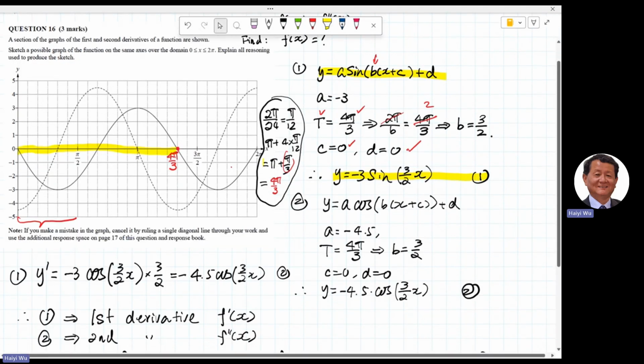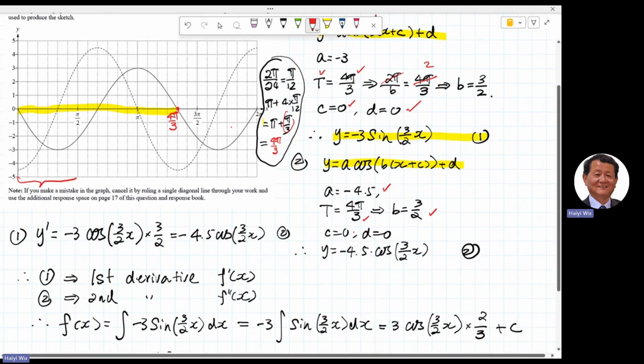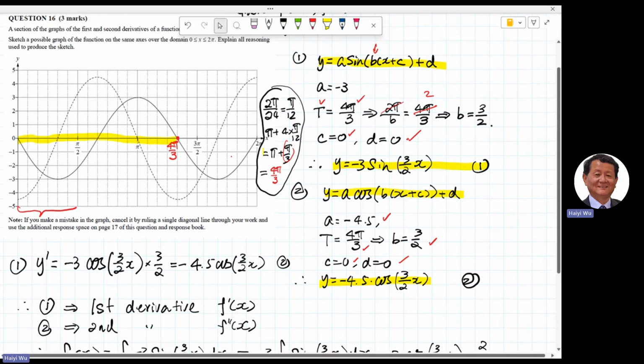Second, the dotted line uses cosine, and I decided the amplitude is 4.5. The period stays the same, so B is the same. Again C and D are 0, so the second equation I worked out is 4.5 cosine 3 over 2 x. Now, if I differentiate the first one,